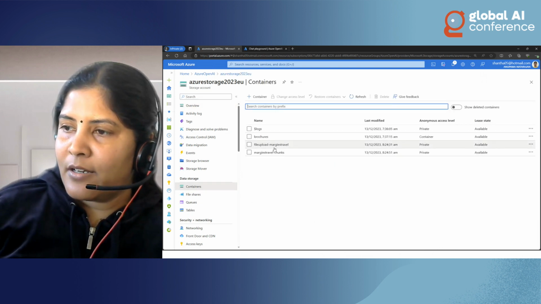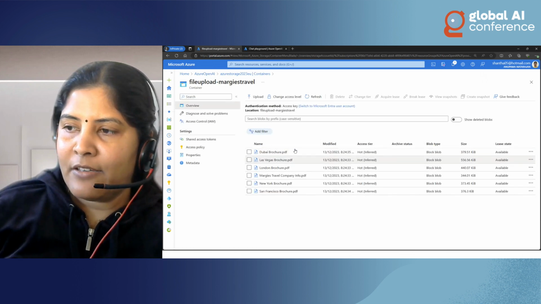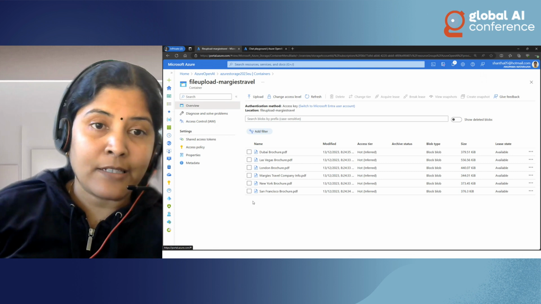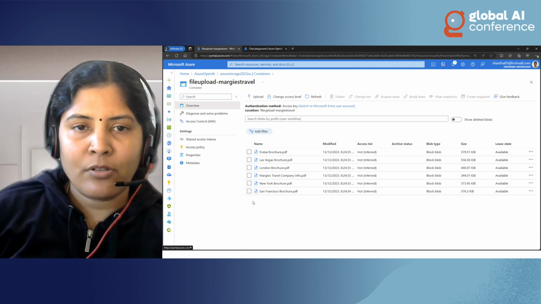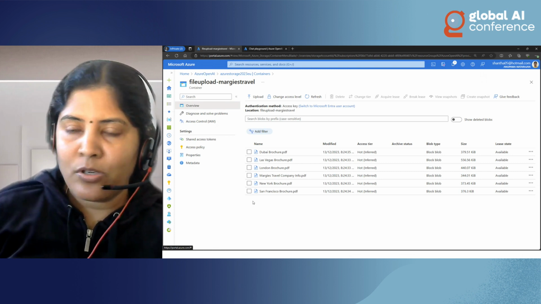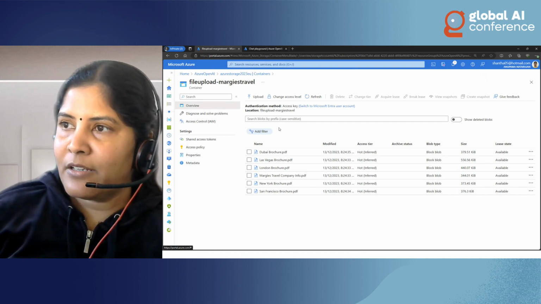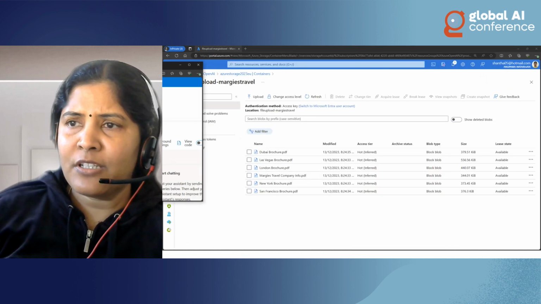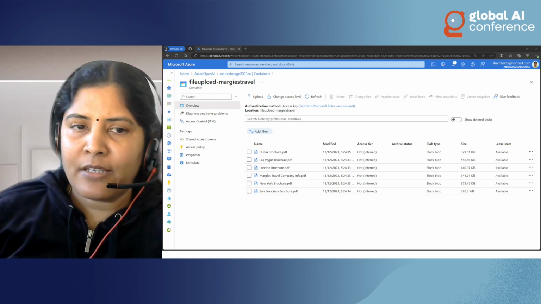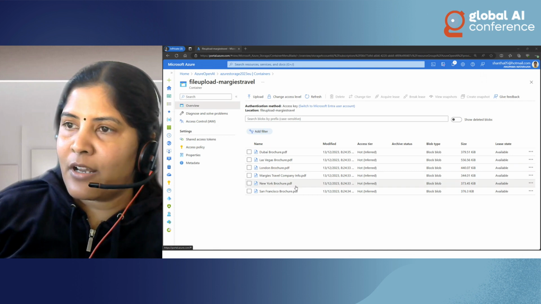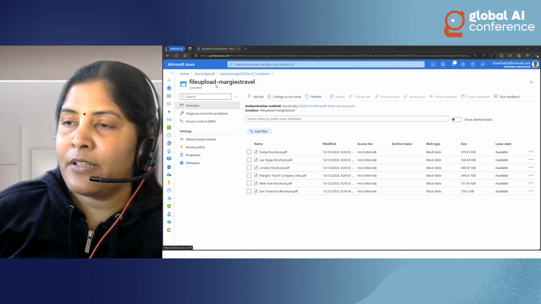So this is the one I have got where you can see the files have been successfully uploaded to my storage account. So it created a container called file upload Magis Travel. It loaded all the PDFs in there, and now post the PDFs are used in here. Basically, what you can see here is the files are available and it is ready to be